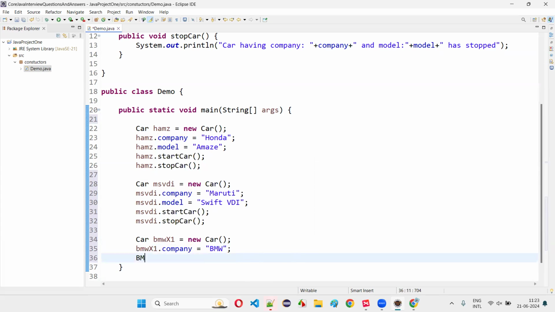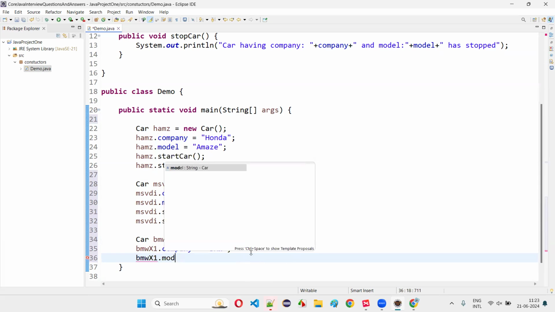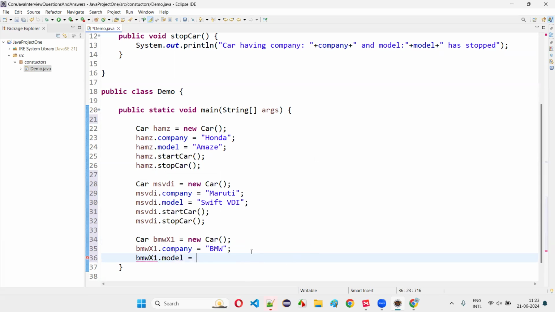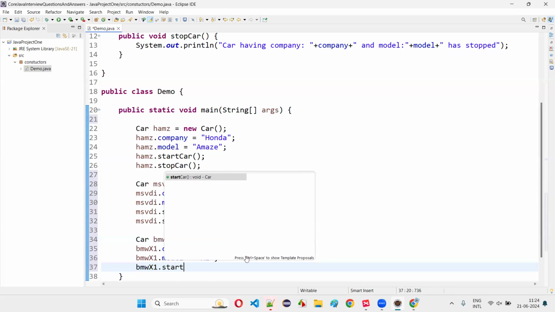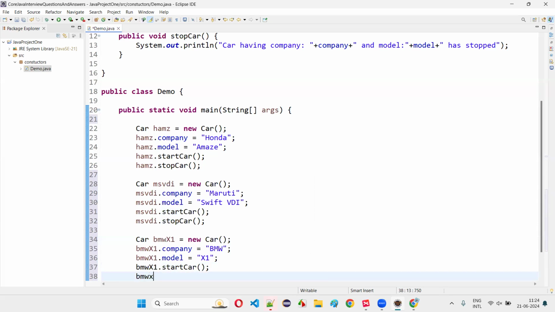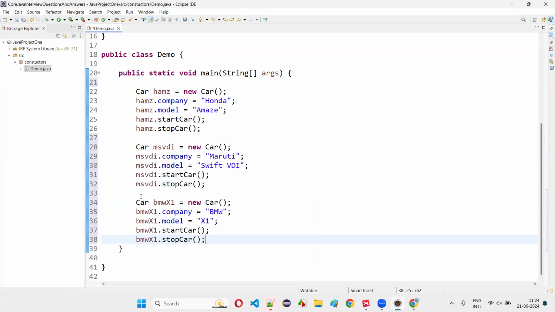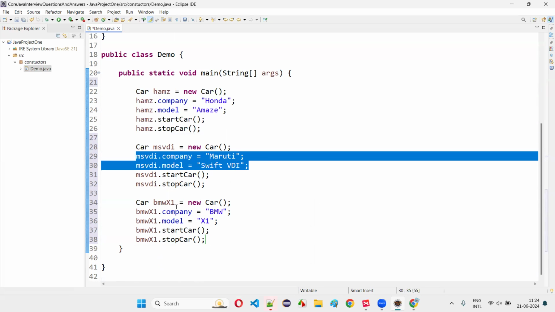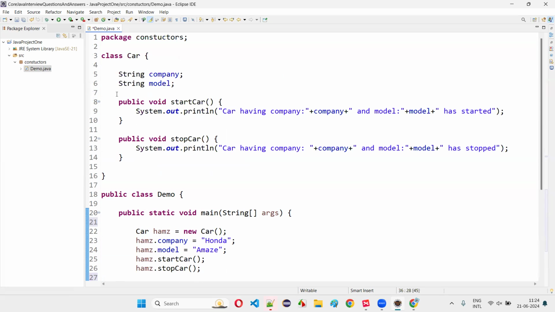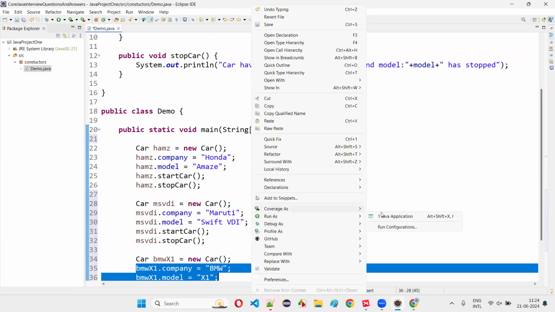Then BMW X1 dot model is equal to X1, X1 is a model. Then BMW X1 dot start car, BMW X1 dot stop car. Like this I'll write. So three objects I created, guys. For each and every object, I have used this kind of object reference to initialize the class variables. Run this code and you will see that